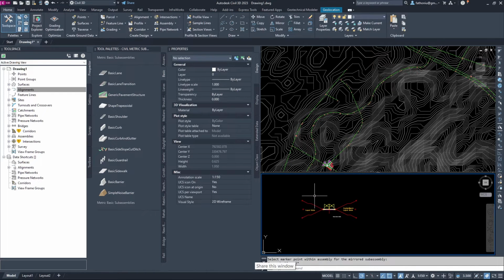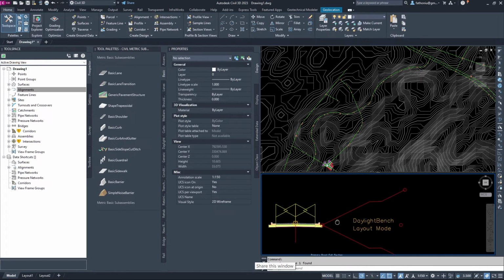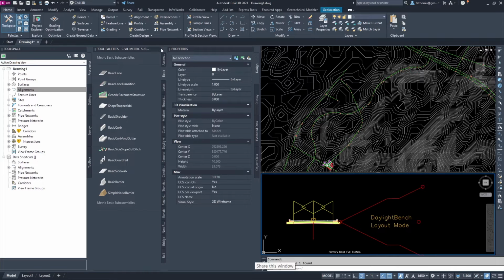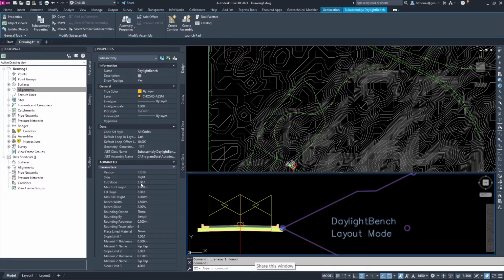Okay. Oh sorry, we need to delete because we haven't set up the properties of this sub-assembly. So you can see that cut slope is 2.2. We want to make it 1.5 and then 1.5 for the fill slope, bench width 1.5, so then we can reduce it to 1, depending on the design and the availability of space.